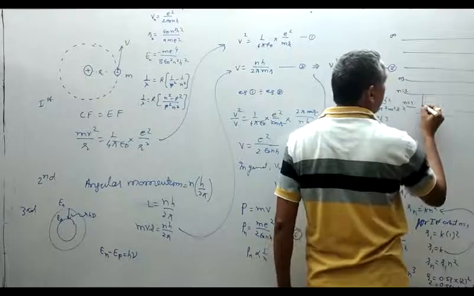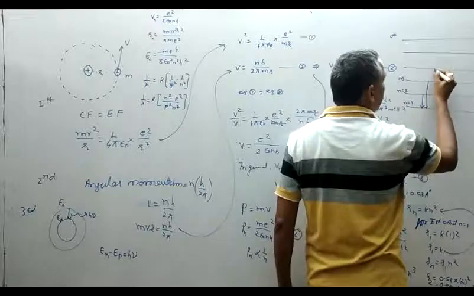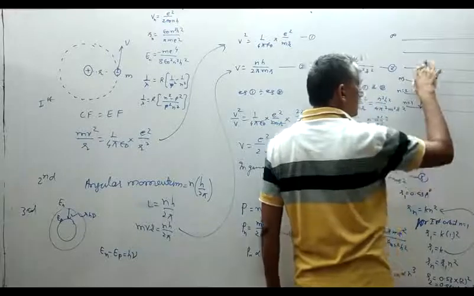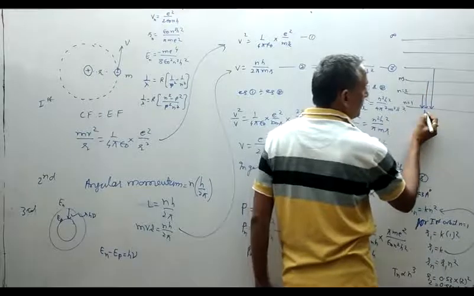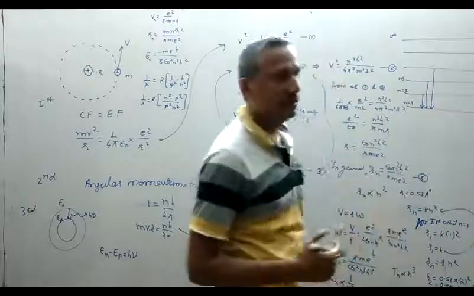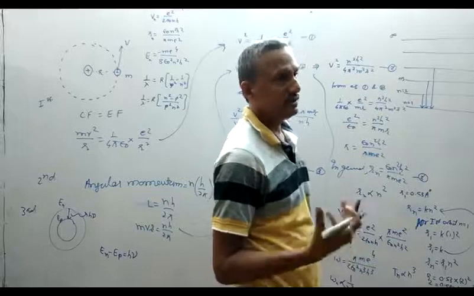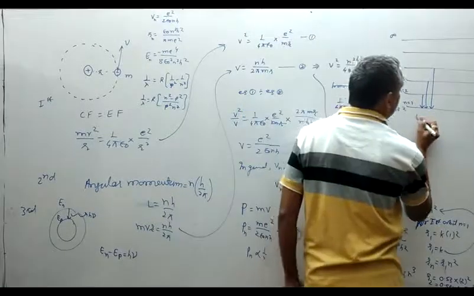When an electron jumps from a higher stationary orbit to a lower stationary orbit, different types of transitions are obtained. When the electron jumps from a higher stationary orbit, from n is equal to 2, 3, 4 to the first orbit, the radiation is emitted in the ultraviolet region, and that is called the Lyman series. So this is about the Lyman series.